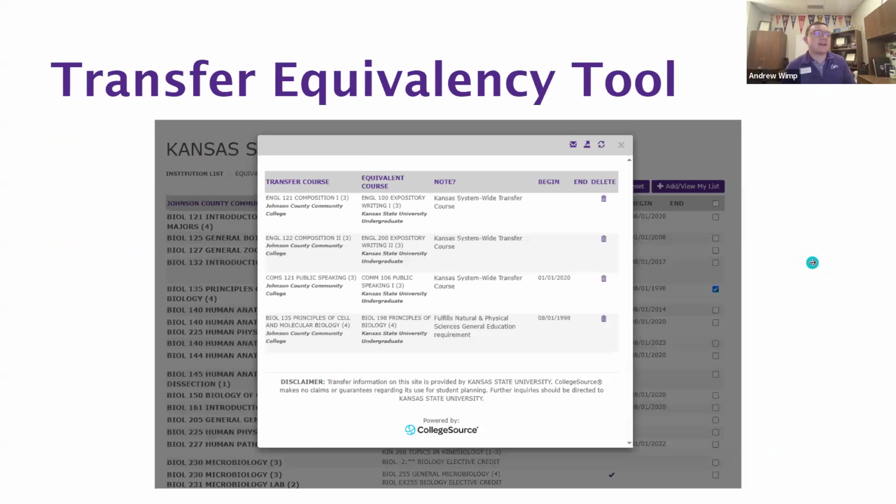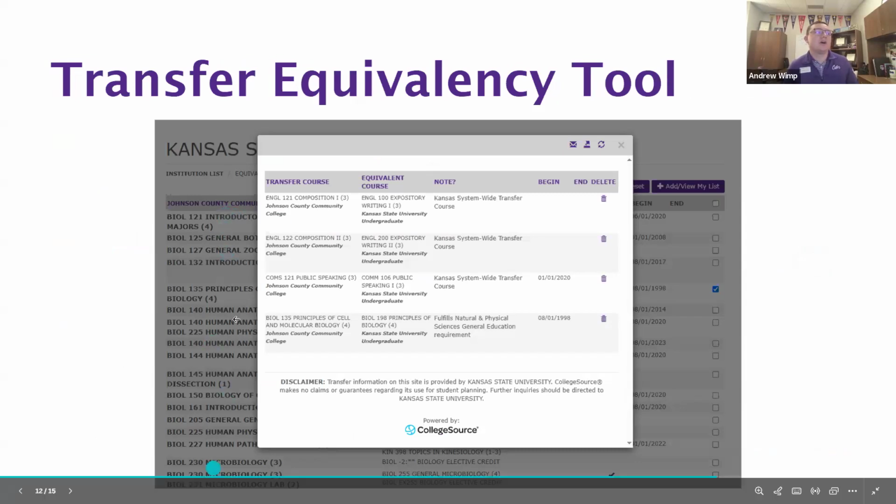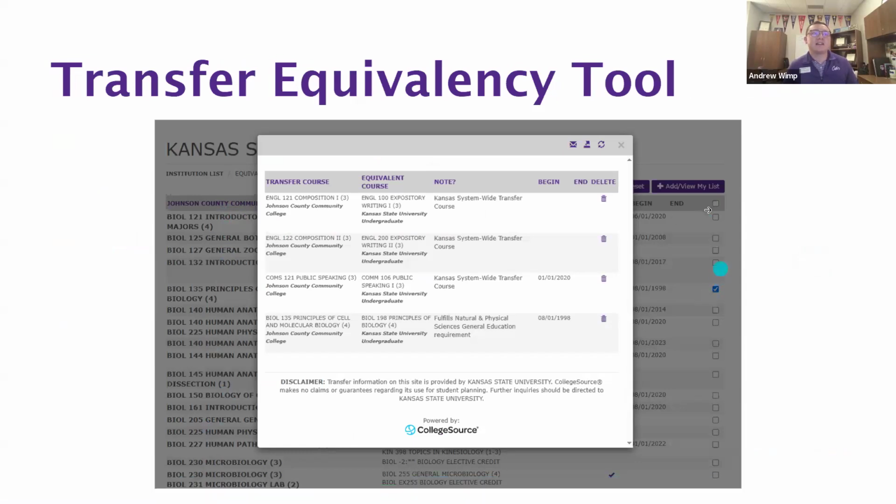This slide gives you a glimpse of what we're looking at when we're talking about that transfer equivalency tool. So when you go out and you look at your institution, you'll get a long list of all the evaluated courses that we have out there. You can click over here and select them, add to your list, and this is what your results will look like. So you can see the transfer course, the course that you took at your previous institution,